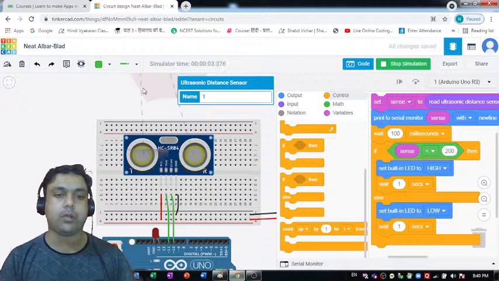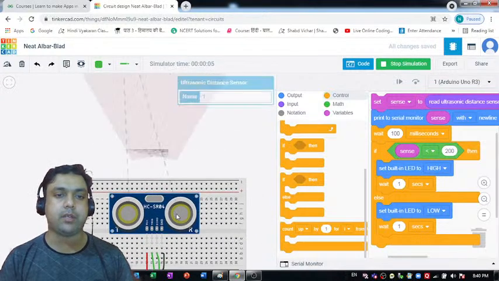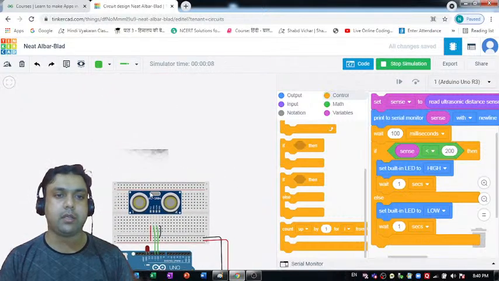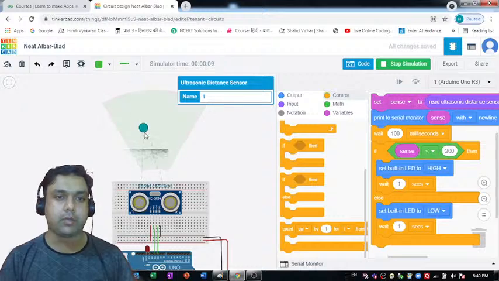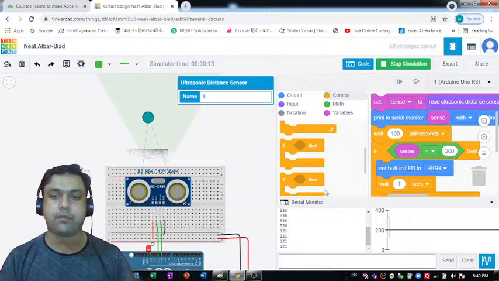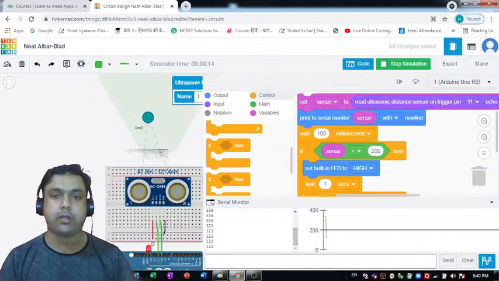This circuit is working right now, and you're not able to see this LED glowing, maybe because the distance is greater than 200, right? Let me just bring this object down over here. Yes, we can see this LED glowing, and in this serial monitor,